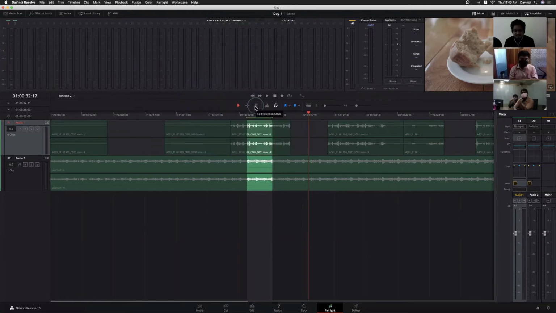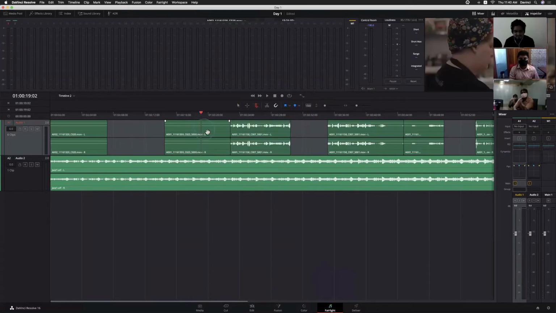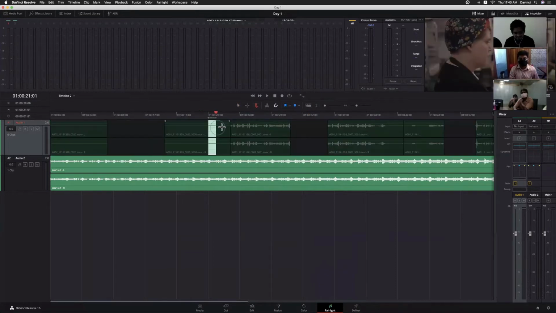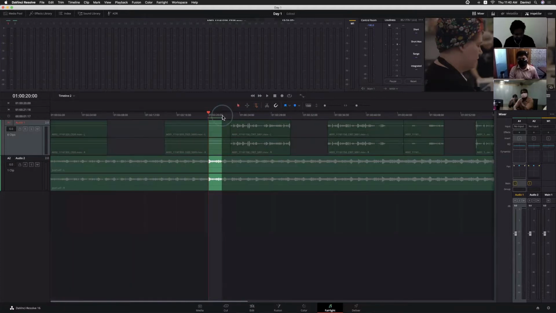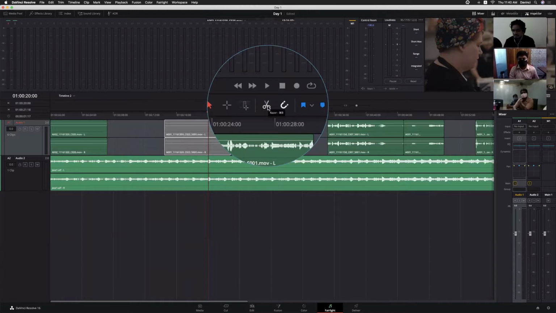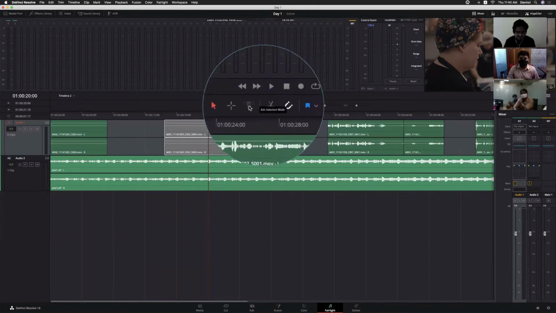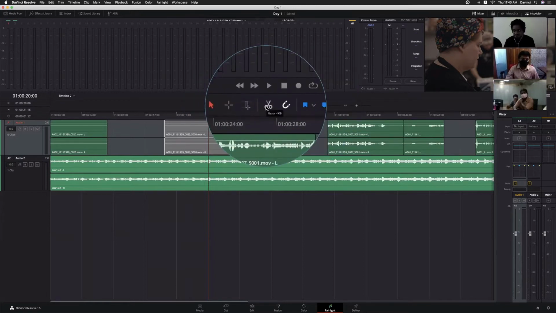Based on your mouse pointer, you can select the clip, or if you click at the top of that layer, it will act as the range selection tool also. And the remaining tools, we already know, will split the clip and the snapping options, right? And above that toolbar,